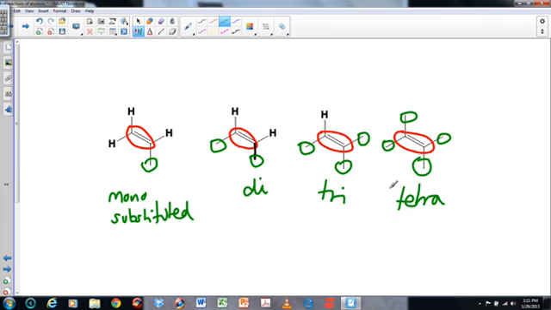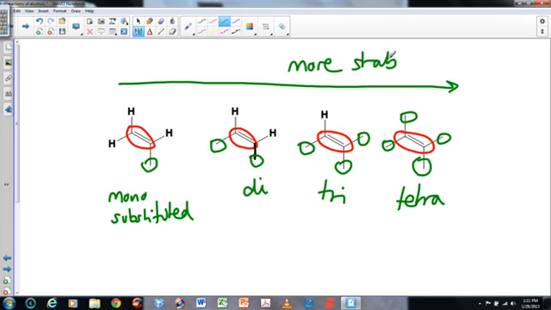And the stability trend here is the more substituents you have on your alkene, the more stable it is. So therefore tetra-substituted alkenes are most stable, mono-substituted alkenes are least stable. So when we go back to here